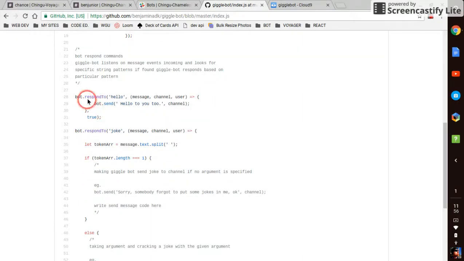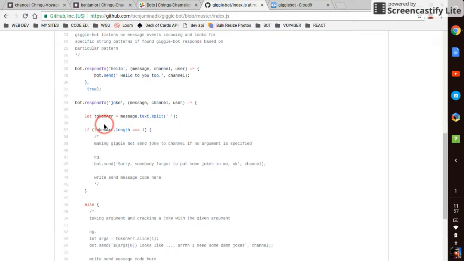So you can see it's going to tap into that bot.js file. And it's set up with a couple commands: hello, and it's going to respond with hello to you too. And to give you a little idea how we did the joke,